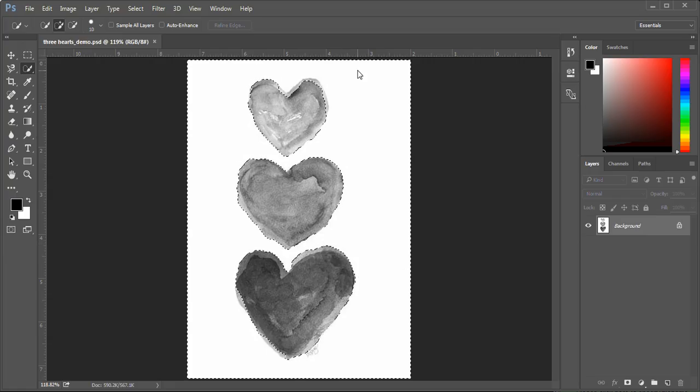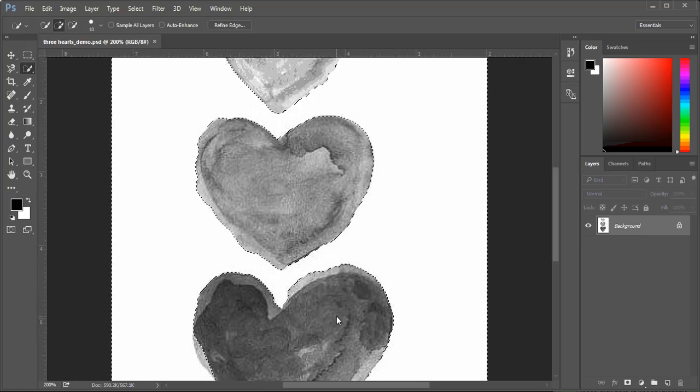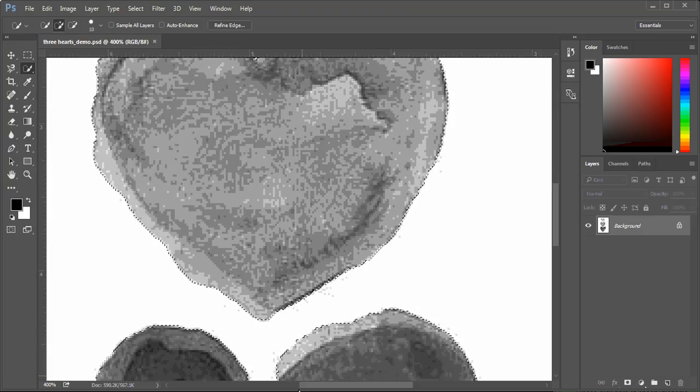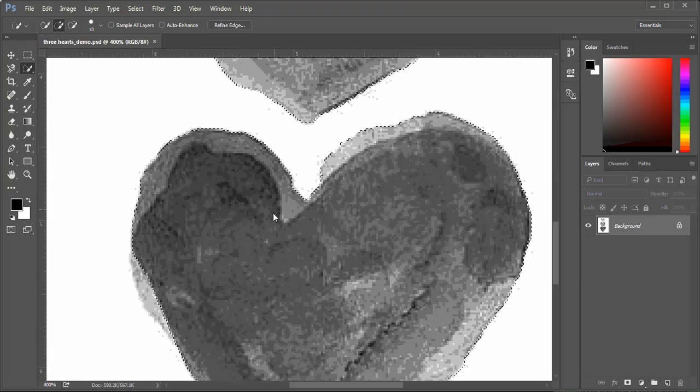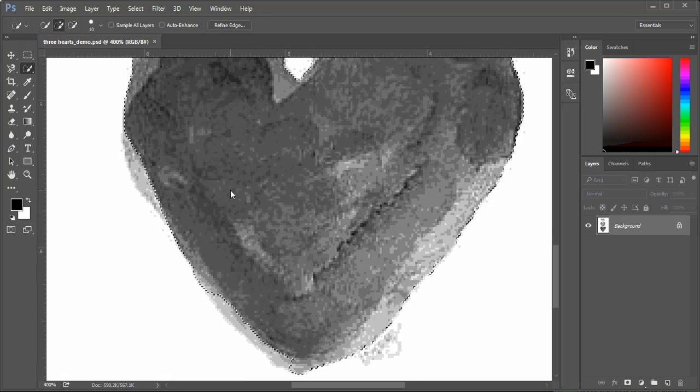I like this with any background that's solid like this because it makes it really easy to select the larger area, in this case the white background, and then we'll invert the selection. But if we do Control plus and we zoom in, hold the space bar, it temporarily turns the tool into a hand. You can see that we missed a few spots,